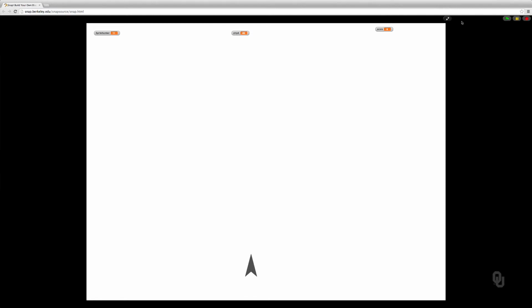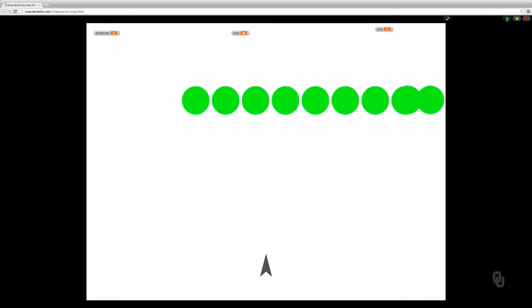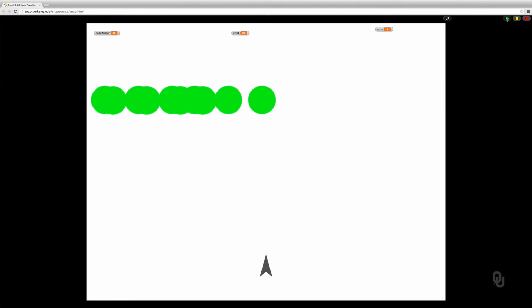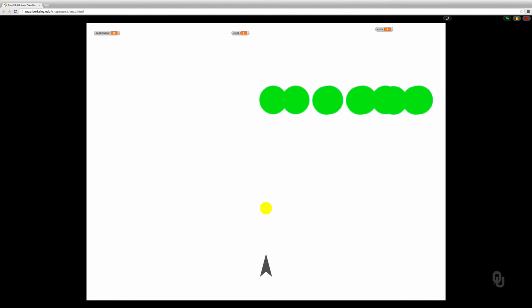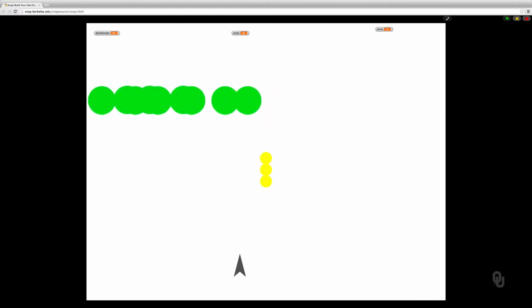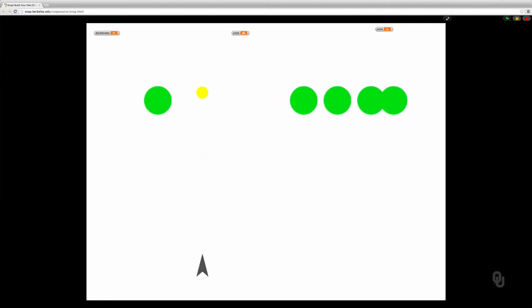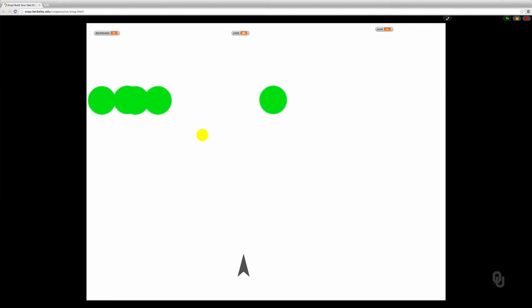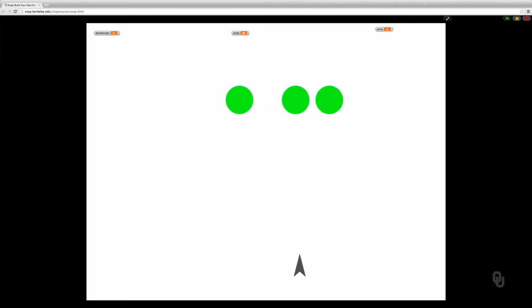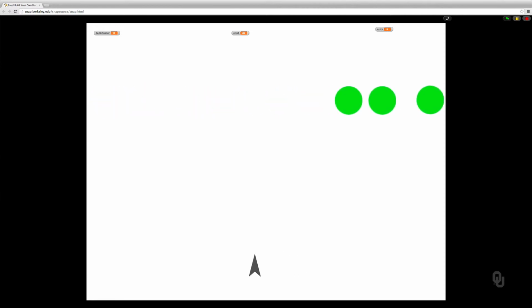You'll notice I'm in full screen mode. When I click the flag, it initializes the game, and then the little centipedes run back and forth, and then I can hit the space bar, and I can also move, and anytime those yellow things hit the green thing, which you're going to guess is using sensing, it destroys a green thing, and when I hit the left and right arrow keys, I move back and forth, and